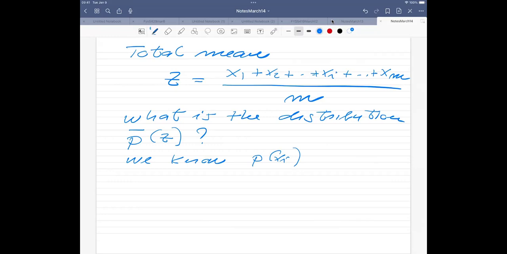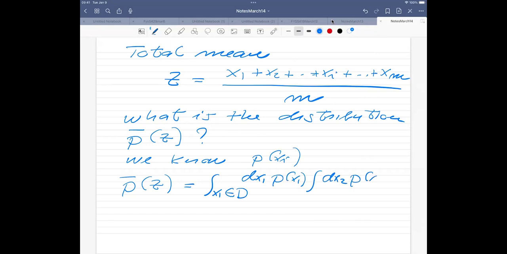Okay, so let's now see a way we can model this. The typical way you would do that is to set up this one by integrating over all the other ones and putting a constraint. So I would have an integral over x1, which is a member of the same domain, so you have a dx1. The same for x2, so there would be a dx2 here, and these distributions are the same, same domain. And this continues all the way up to the final one, x of m.